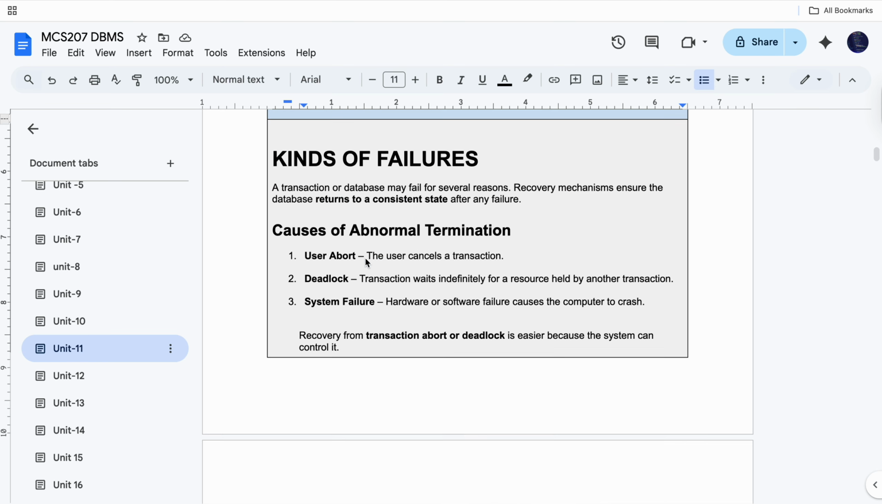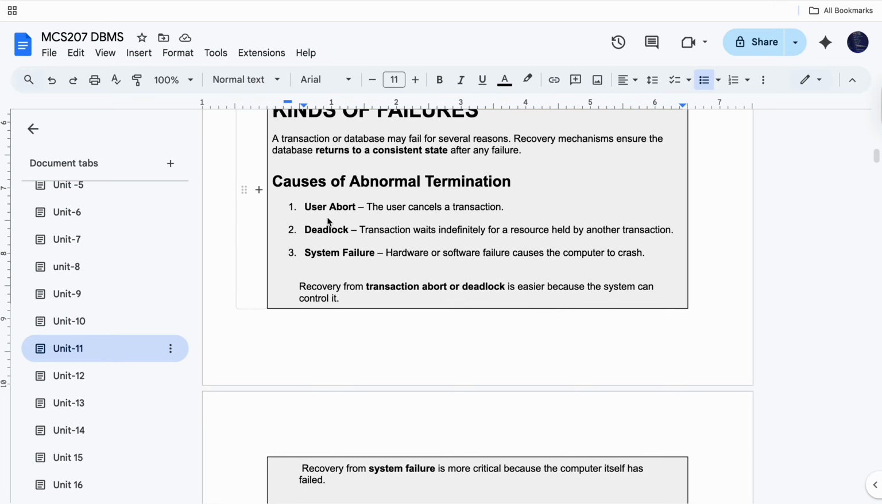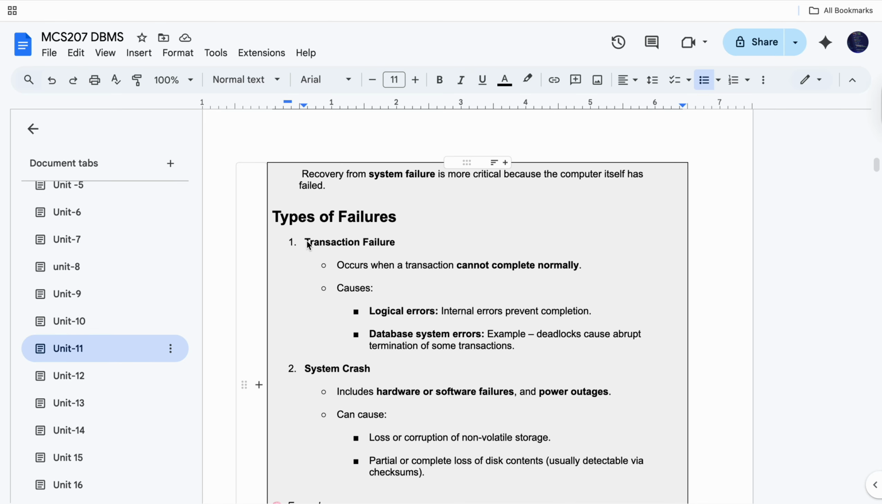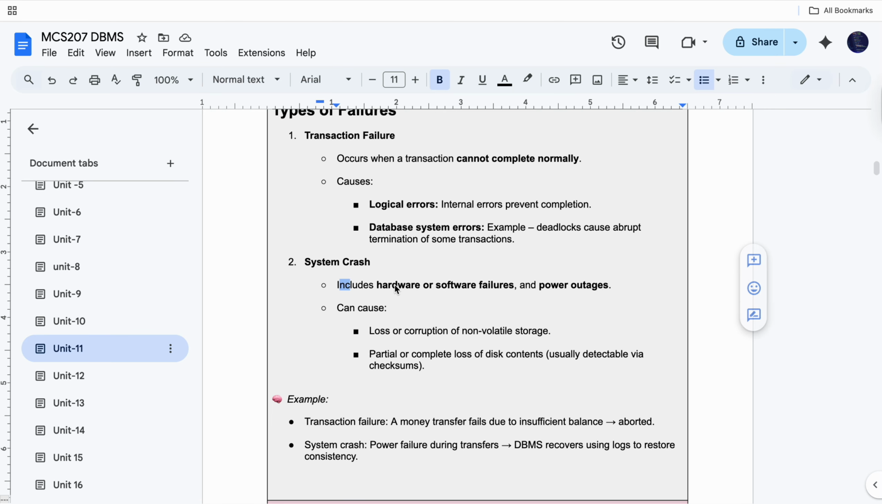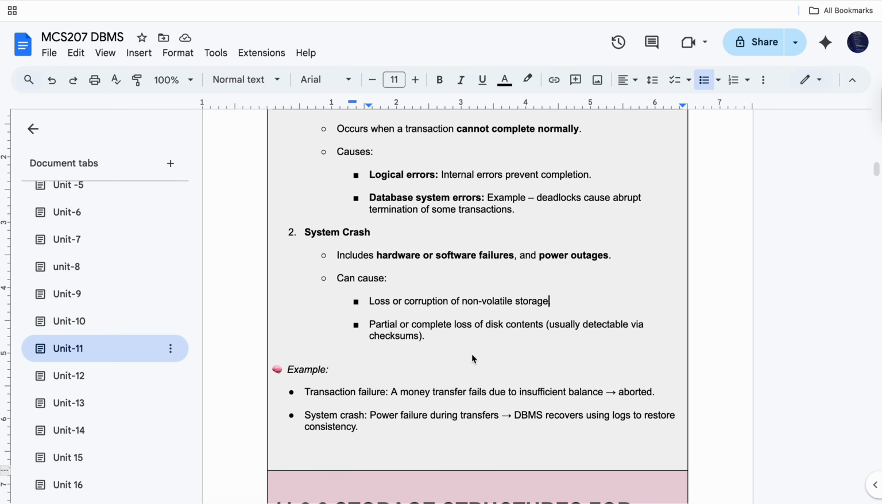Kinds of failure: a transaction or database may fail for several reasons. Recovery mechanisms ensure the database returns to a consistent state after the failure. Causes of abnormal termination: user abort, deadlock, system failure. Types of failure: transaction failure, when a transaction cannot complete normally, caused by logical error or database system error. System crash includes hardware and software failures, power outage, loss or corruption of non-volatile storage, partial or complete loss of